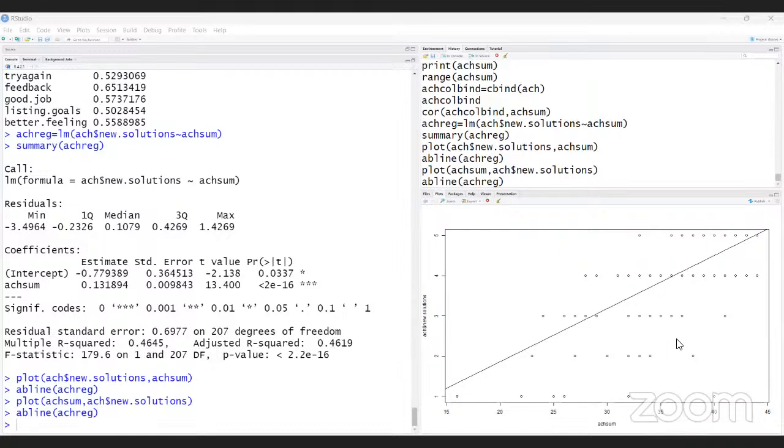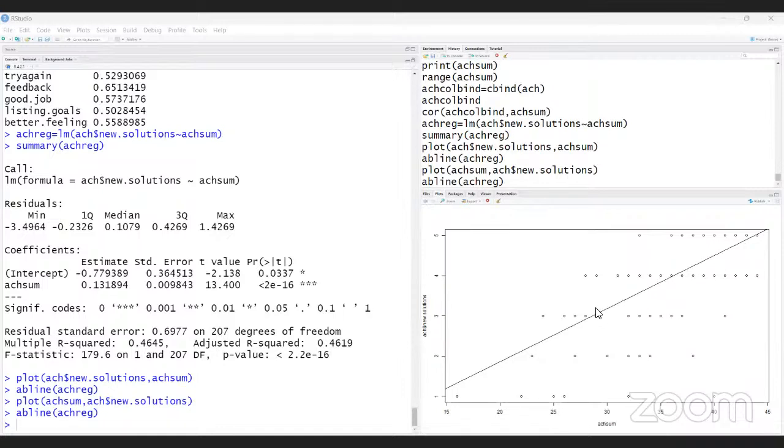For example, here there is one score. That is called the least square. Distance from here to here and here to here. There are three individuals, these three individuals fall on the regression line.